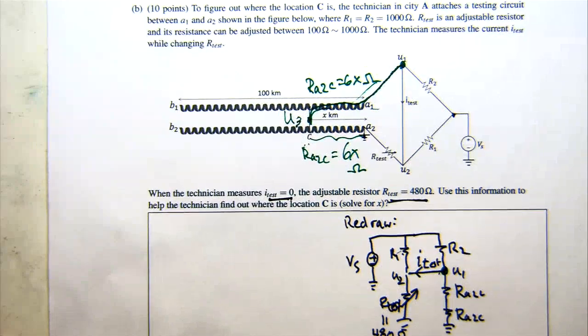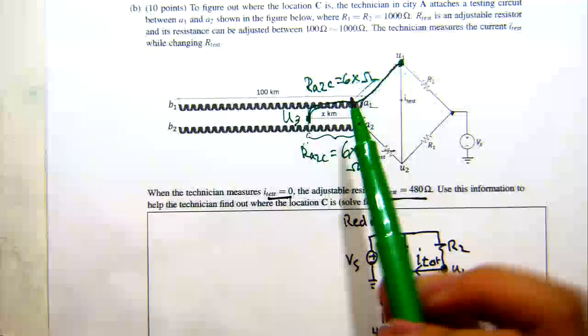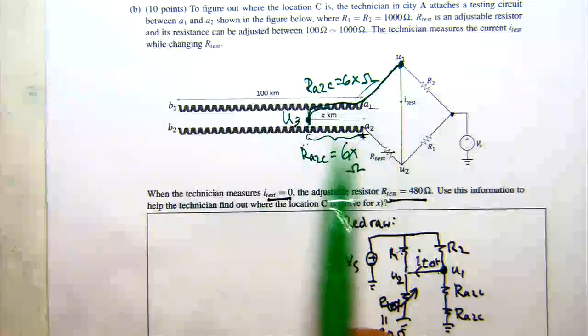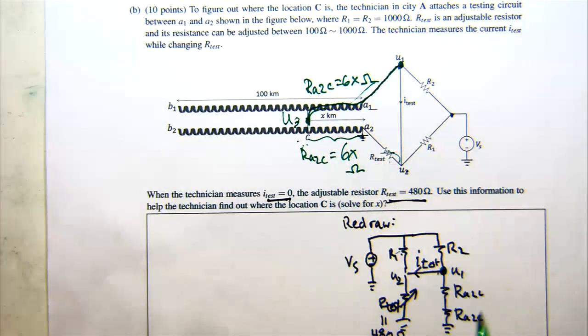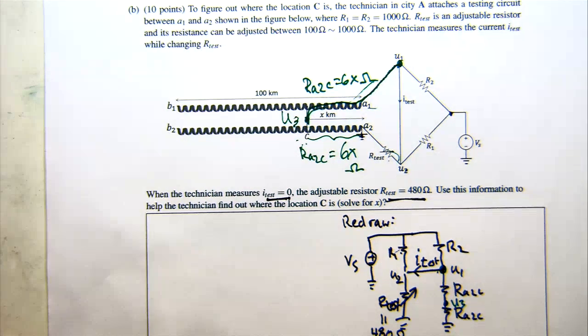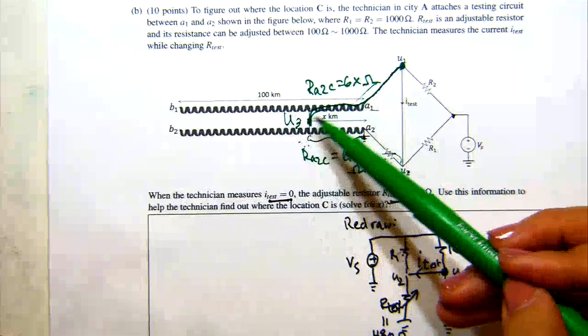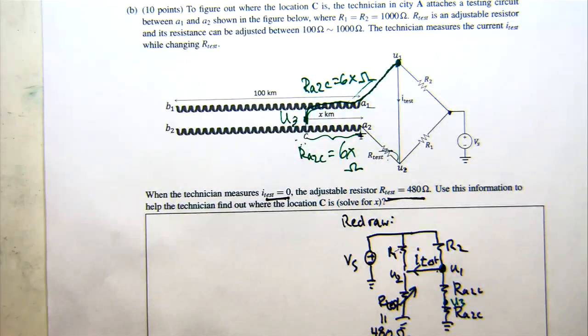Okay. So in this case, this U3 is only connected to one other resistor, which is the other RA to C, right? And that matches up with this circuit. I have some node here called U3, and nothing else is connected to it, right? That's where my short circuit location is.